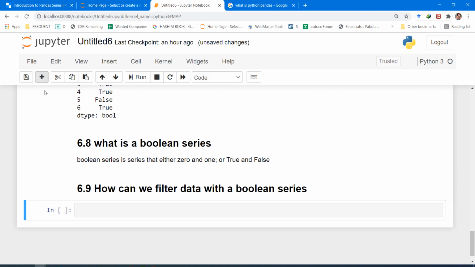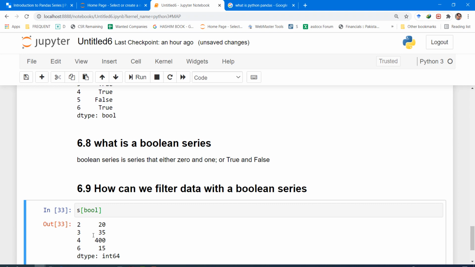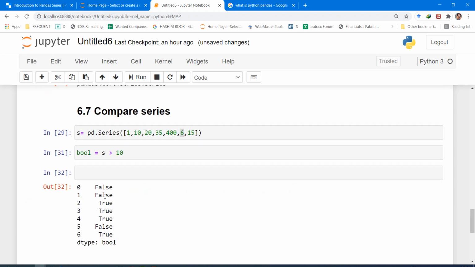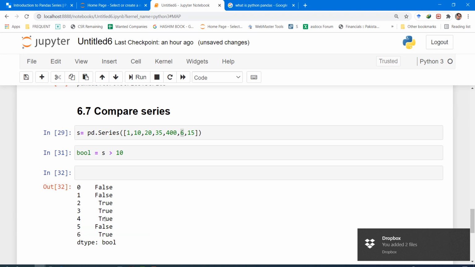We can filter data with a Boolean series just like slice notation. Our main series was S, and then we slice data out of it using the Boolean series. The variable bool will give us the values where there is True. In this case, True is for index 2, 3, and 4, and then index 6.